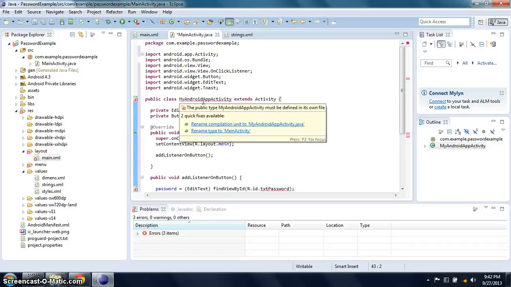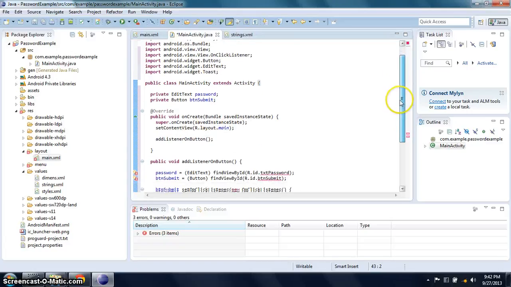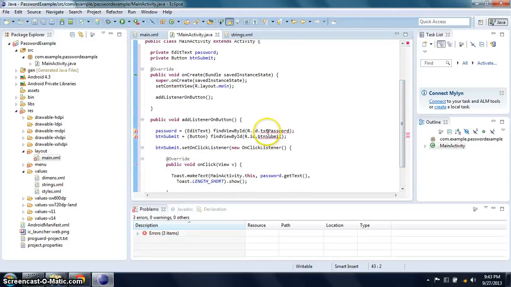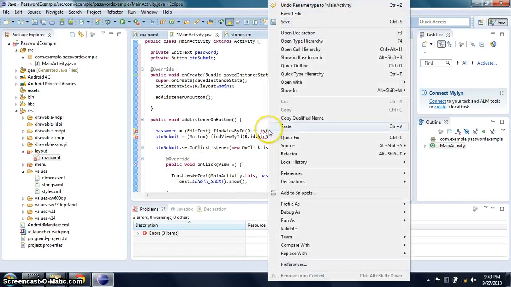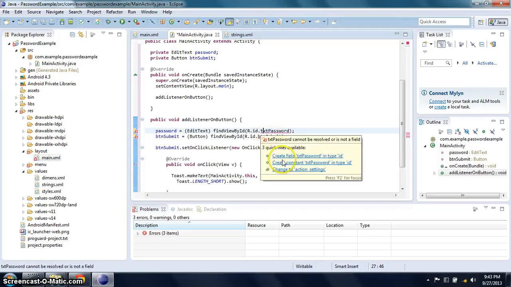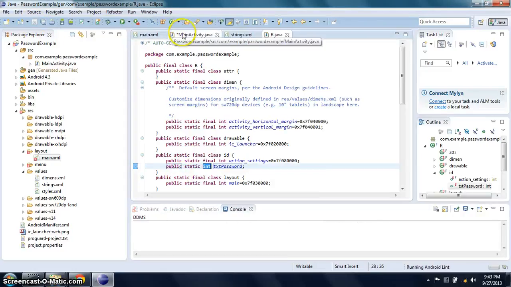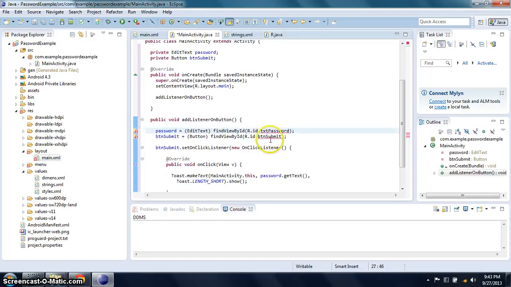Same with this one and this one. Then select public, then save. Go back to main activity.